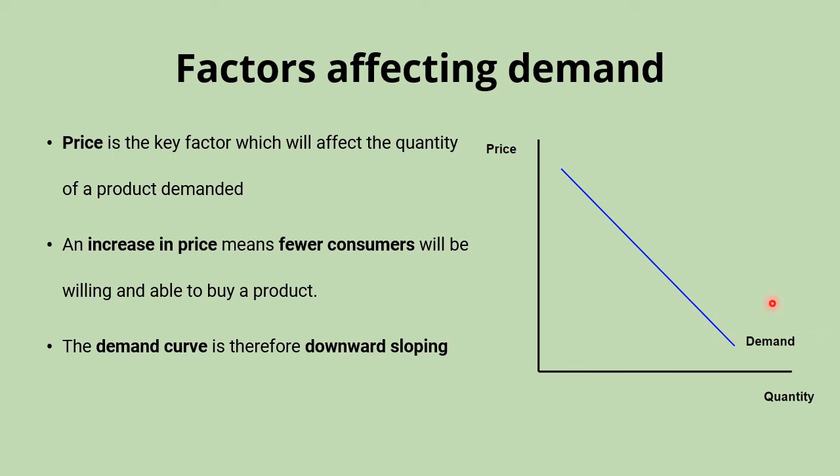If we were to have a change in any of those other factors affecting demand, then the whole demand curve would shift. If there was anything to cause an increase in demand, that would shift the curve further to the right because there would be a higher demand at each individual price. Whereas if we were to have anything to decrease demand, then that would shift the demand curve to the left because that would cause a decrease in demand at each individual price.